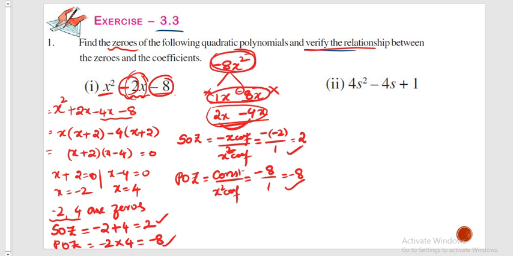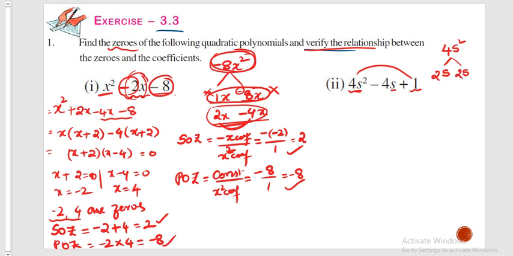So here if you observe, the given polynomial is in terms of s, not x, right? Now we need to find the zeros for this. How to find? First of all, consider the product of these two terms. So what is the value? 4s square into 1 is nothing but 4s square. So yes, I need to split. Next, what are the factors of 4? 1 fours are 4 or 2 twos are 4. By taking 1 fours are 4, either you get plus 5 or 3, right?